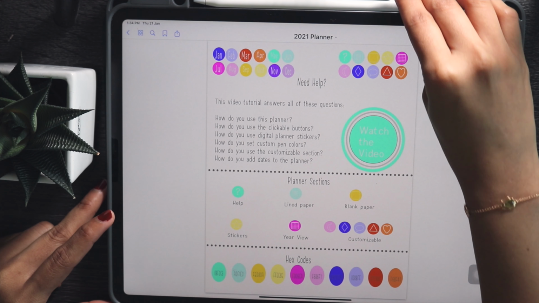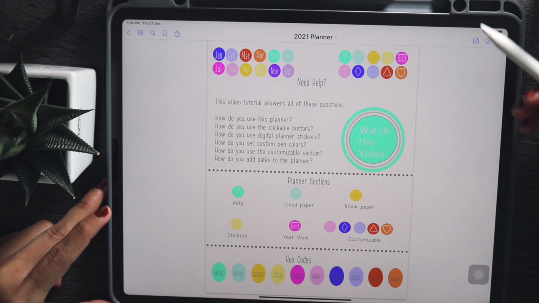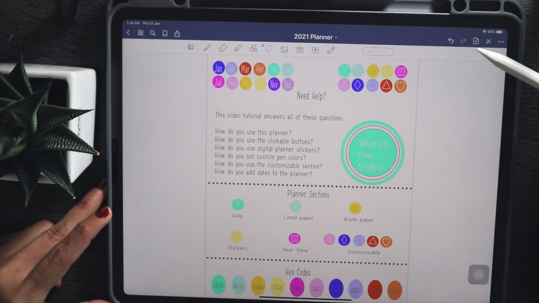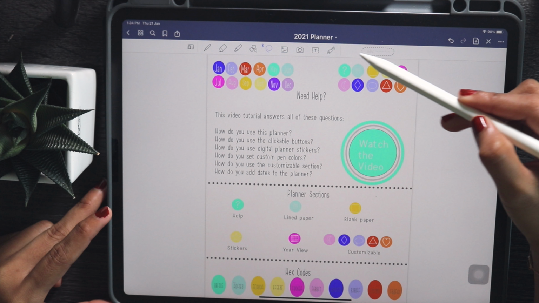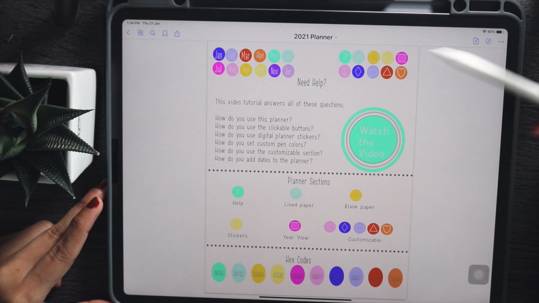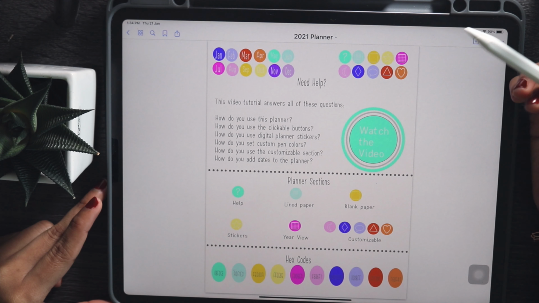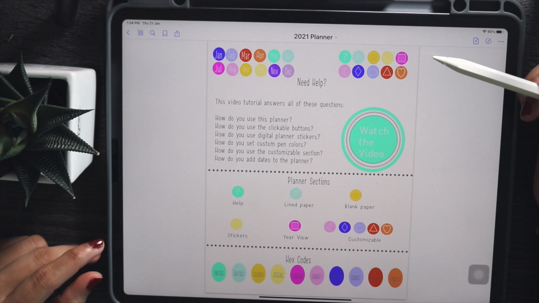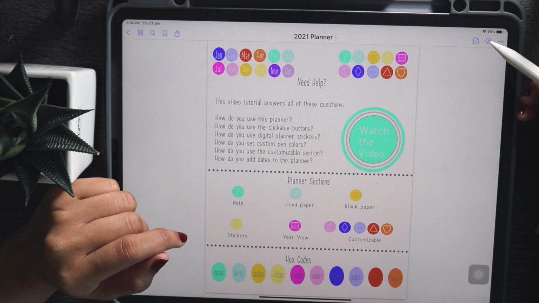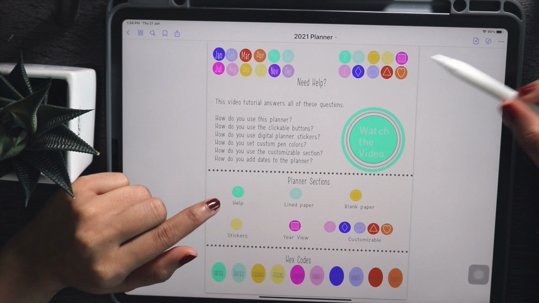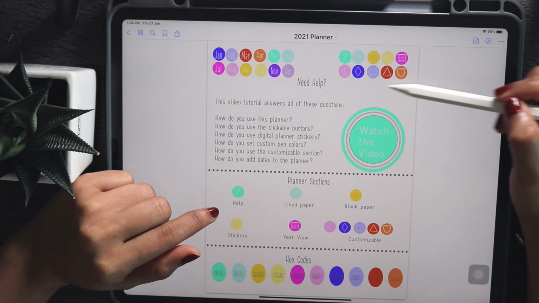To use those, you have to turn on the note pencil symbol. When it's turned off, you will see all of the drawing tools, and when it's on, the drawing tools disappear. That menu has to be gone in order to use these links. So I will turn on that note pencil symbol, and then I can start clicking around to the various sections.